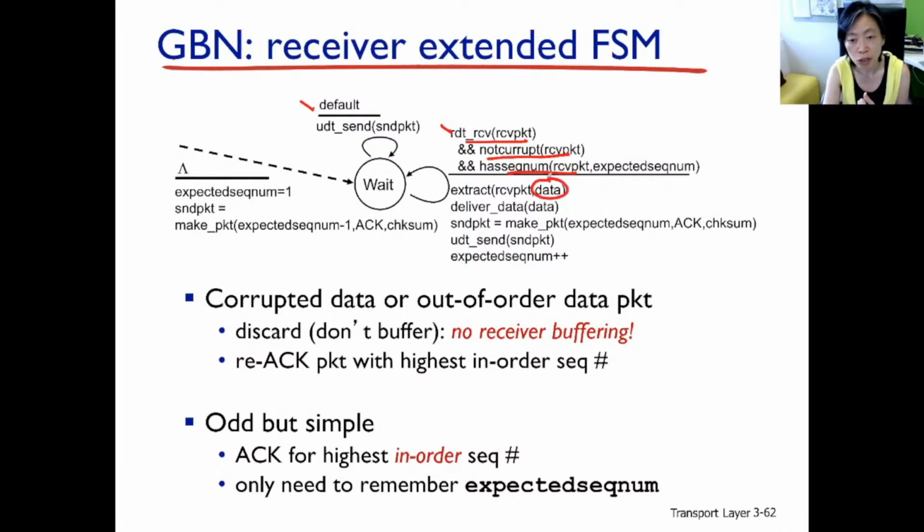So extract data out, pass it up to the application layer, generate the ACK packet, send back the ACK packet, and then increment the sequence number. So this is in fact the only significant event that we're expecting. For all the rest, what the Go-Back-N receiver does is just send back the same ACK that has been generated previously.